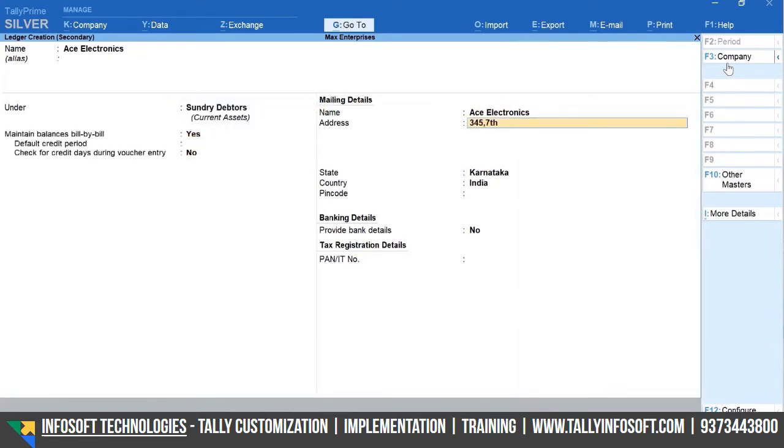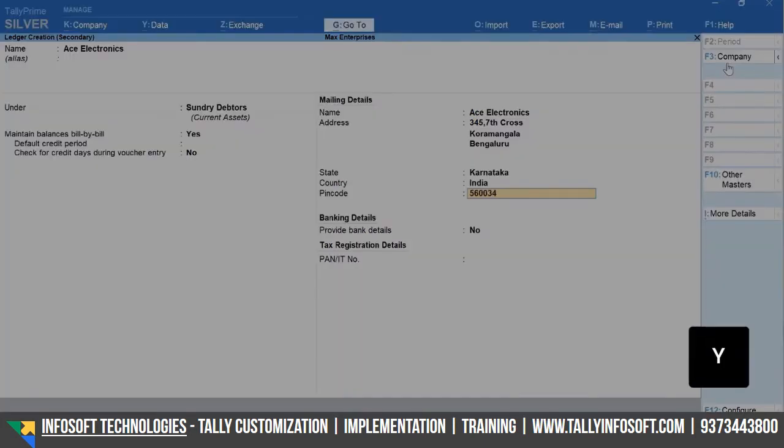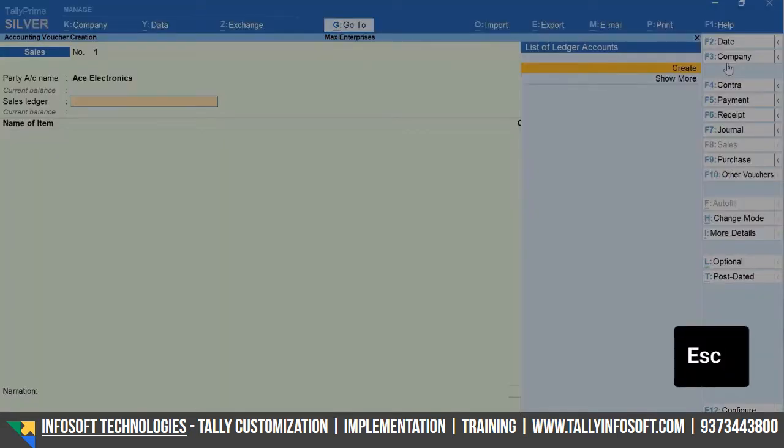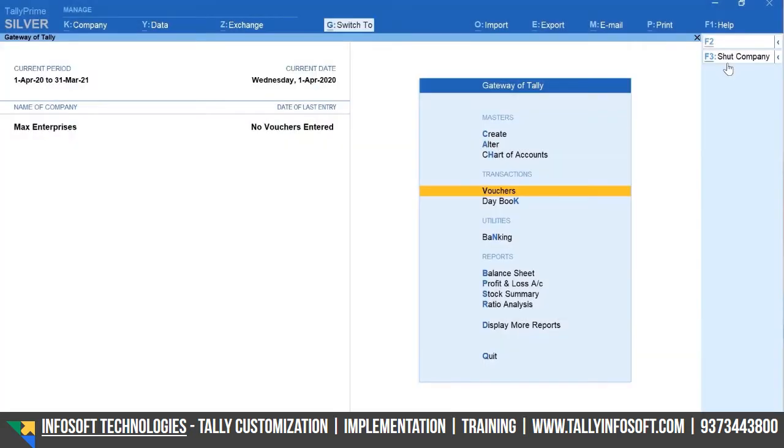Type the customer's address and then press Y to accept the ledger. The ledger now appears in the transaction. This is so flexible that you can start recording the invoice in a few minutes right after installing Tally Prime, even without setting up your chart of accounts. Press Escape to come back to Gateway of Tally.